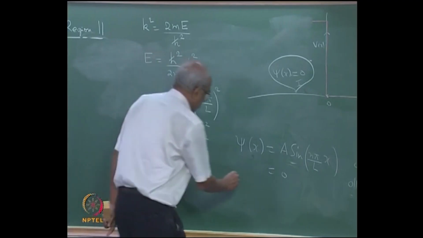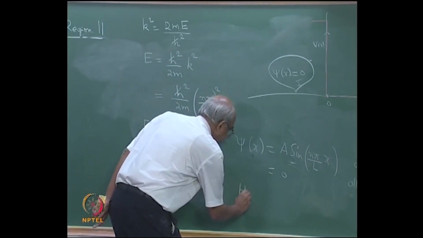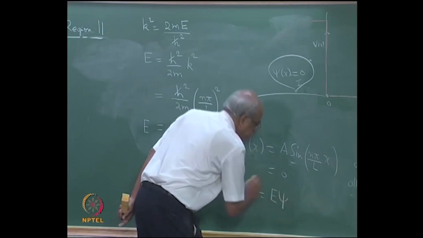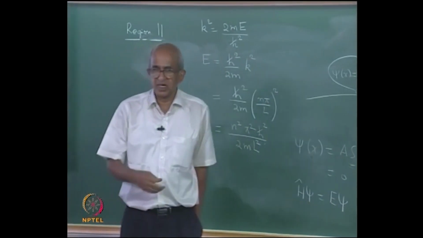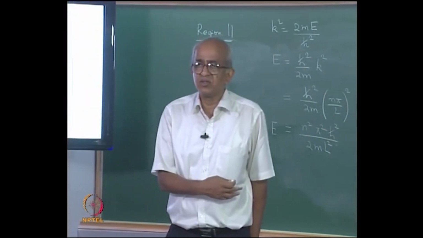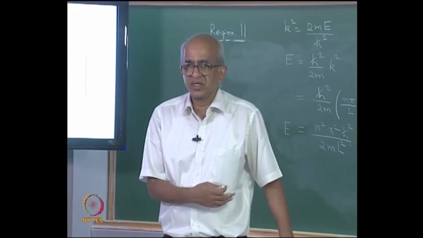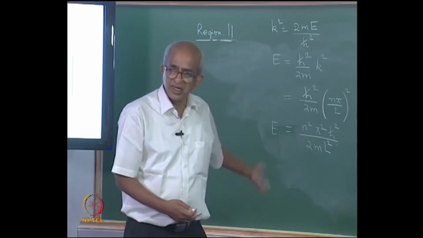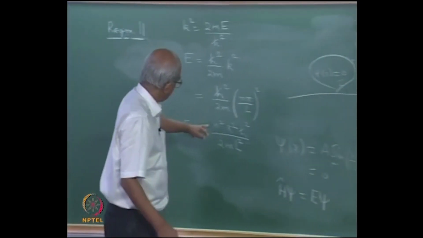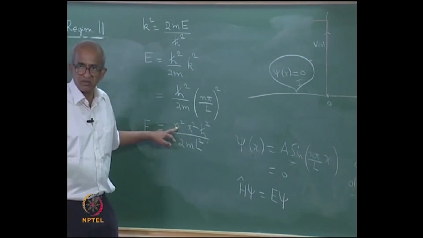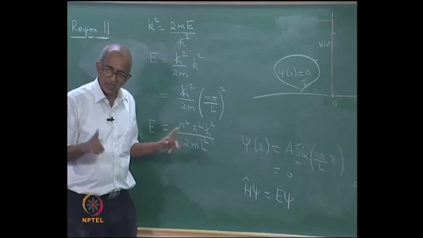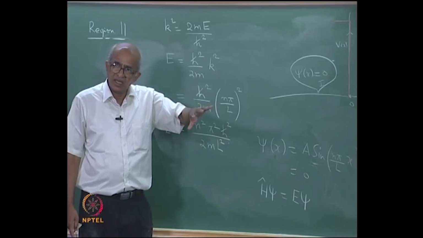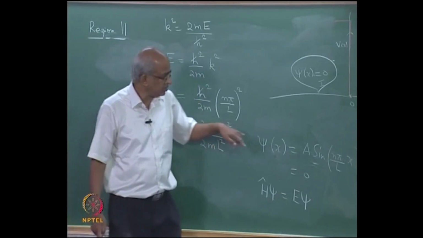Remember, the equation that we were solving was just this equation, H psi is equal to E psi. This is the equation that we were analyzing. In fact, we were asking what are the eigenvalues of the Hamiltonian operator, and what did we find? We find that there are several different eigenvalues. Each value of n is going to give me a possible eigenvalue. So, if you put n equal to 1, you will get one eigenvalue, n equal to 2, 3, 4, etc. They are going to give you different eigenvalues, and each eigenvalue has its own associated